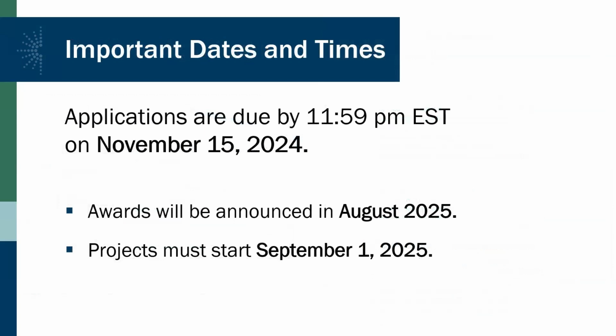Here are a few important dates relating to MFA applications. Applications must be received through grants.gov by 11:59 p.m. Eastern Time on November 15th, 2024. The date is non-negotiable. The timestamp is auto-generated by the grants.gov system, and we have no ability to override it. We will say this repeatedly to start early and submit your application early. That way, if you encounter a difficulty of any kind when submitting your proposal, you'll have some time to resolve